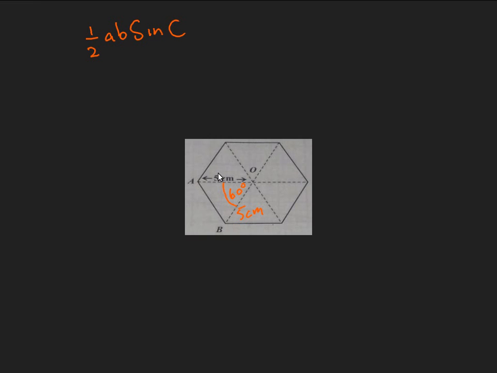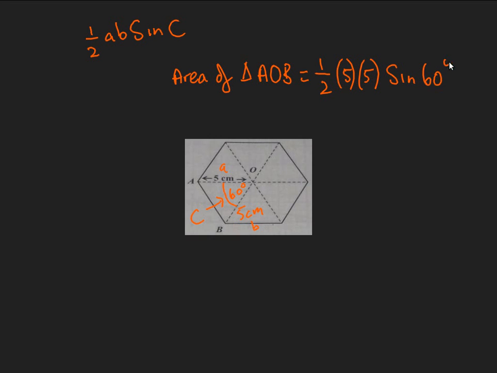So in our case, we can put A as the length of this side and B as the length of this side, and this here would be our C. Right, so this is a leg of the triangle, this is a leg of the triangle, and this is the size of the included angle. So it means then that the area of triangle AOB is equal to a half times 5 times 5 times sine of 60 degrees, which is equal to 25